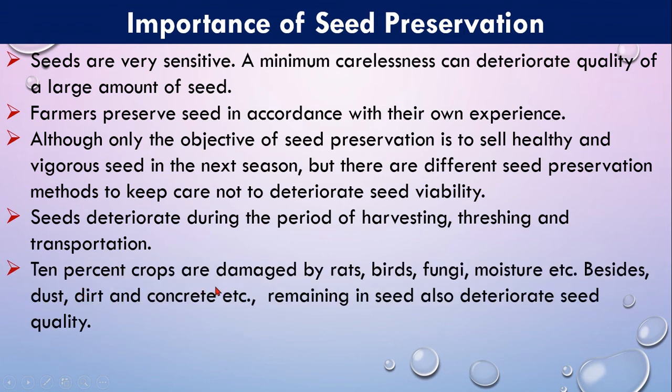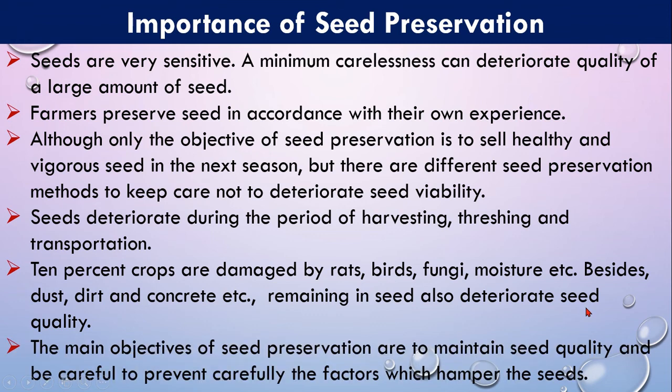Next, seed deteriorates during harvesting, threshing and transportation as well. And 10% of crops are damaged by rats, birds, fungus, moisture, etc. Besides, dust, dirt, and concrete remaining in the seed also deteriorate seed quality. The main objectives of seed preservation are to maintain seed quality and to carefully prevent the factors which hamper the seeds. The summary of the importance of seed preservation is: if we preserve the seed for personal use or commercial use, the main objective is to preserve it and maintain the quality